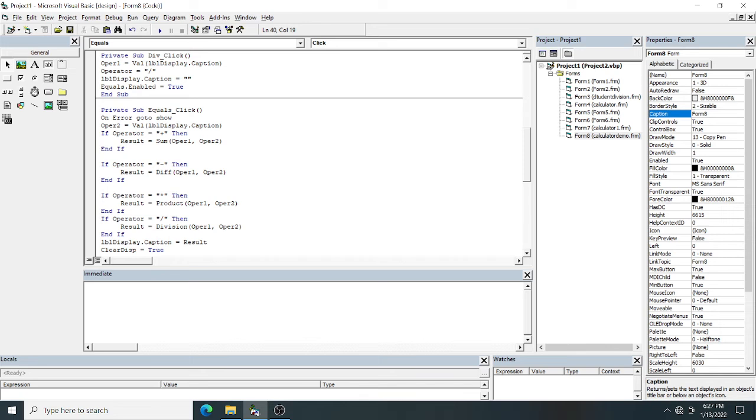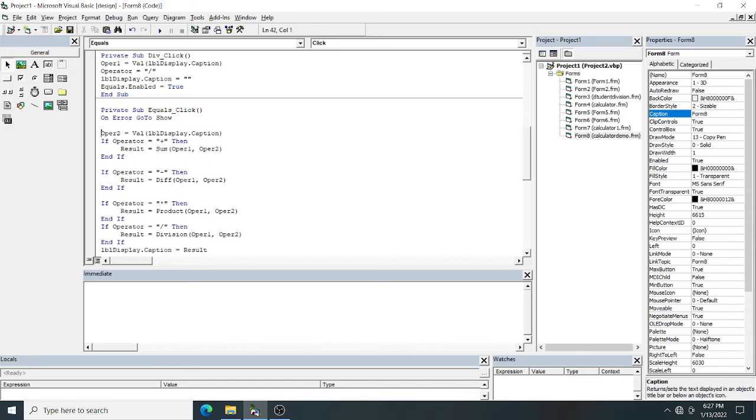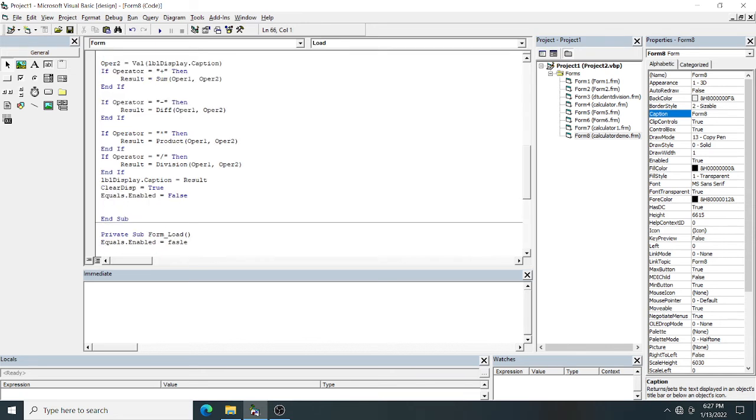I am typing it as show, and I should give this after the equal dot enable.